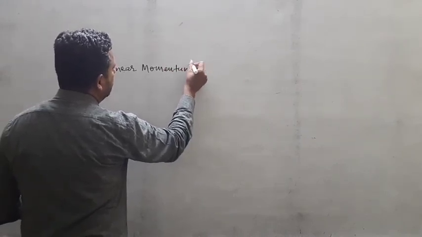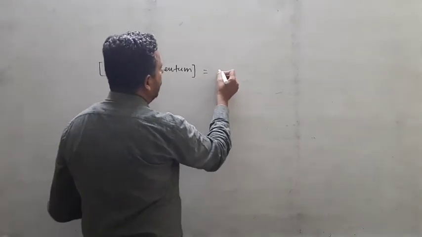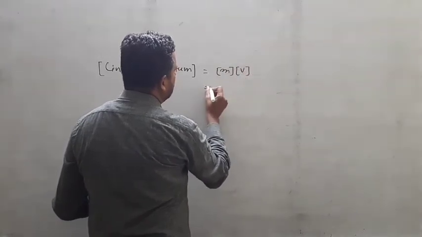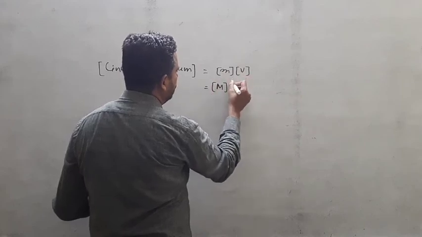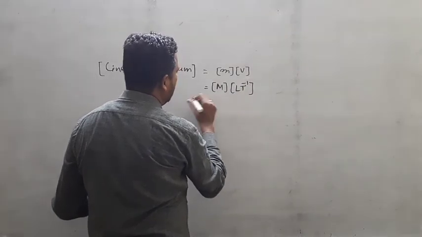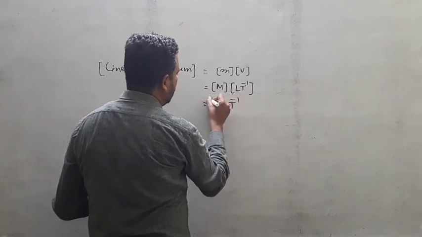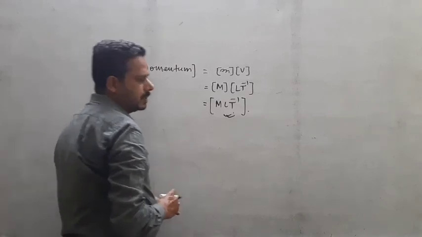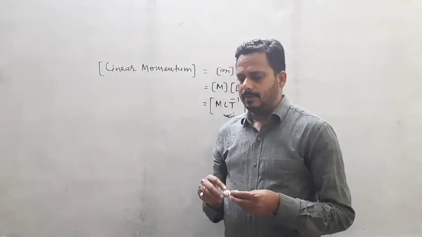The dimension of linear momentum is basically a product of mass and velocity. So write down the dimension of mass, this one is m, and the dimension of velocity, this one is L t minus 1. So finally the dimension of linear momentum is ml t minus 1, and this is your result. So from here you can find this out. Right. Now, in the next class we will discuss the application of